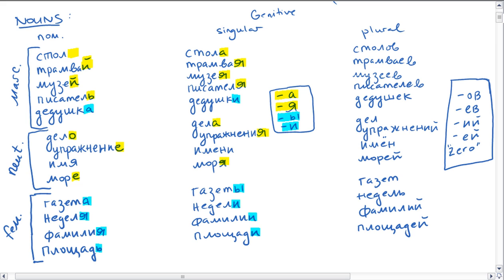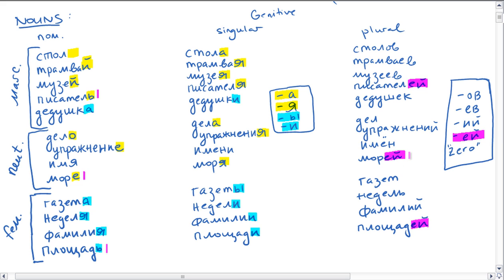And then now let's look at our plural endings. Lots of nouns are going to end in this ey. We have any noun that ends in a soft sign, pisatel or ploshchad, it's going to take ey. So pisateley, ploshchadey, and also any nouns that end in zh, ch, sh, or shch are going to take ey. I don't think we have any examples of those up. Neuter nouns ending in ye, like more, are also going to take ey.